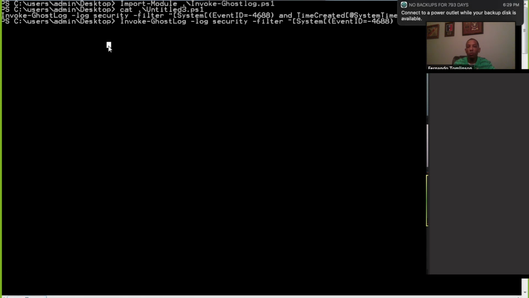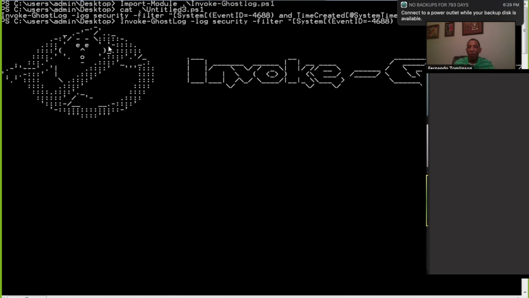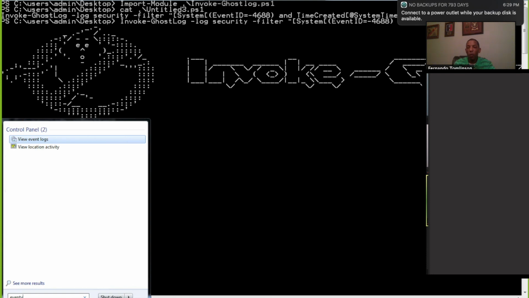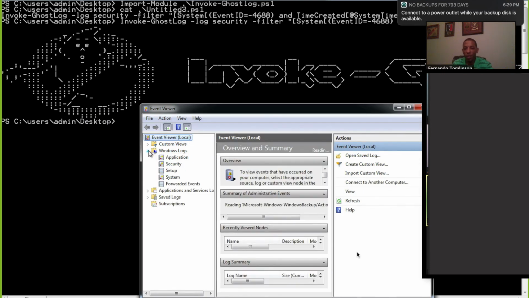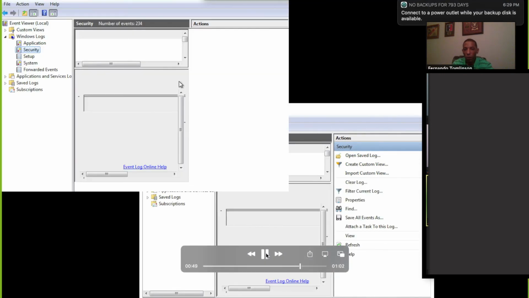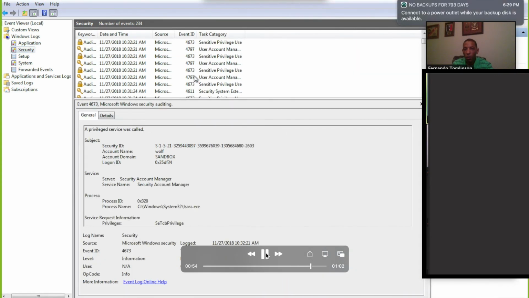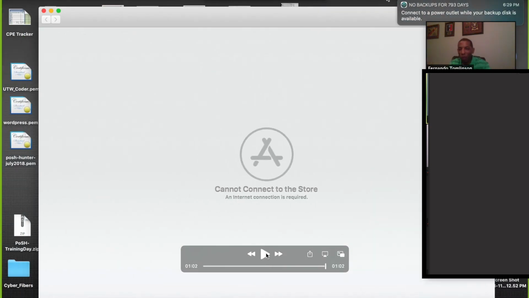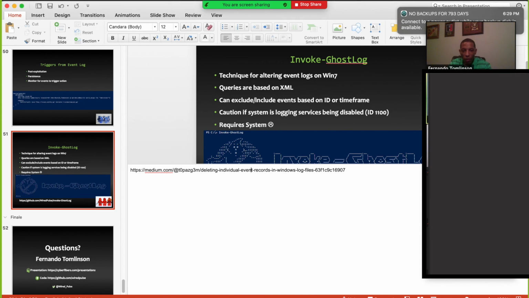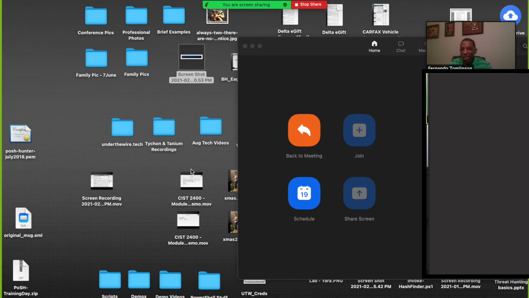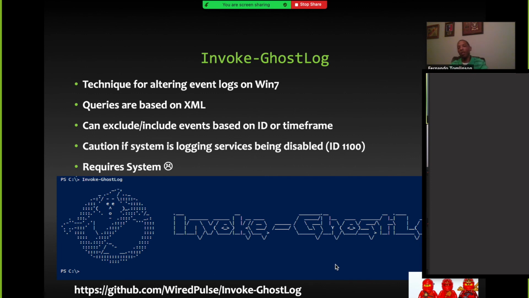It's going to do its thing. I might be talking ahead of it. Okay, cool. So now I'm going to go back in here and we'll notice that that particular event is no longer there. So we see that before our eyes, where I just cleaned up because I made too much of a mess on my way out. And that code, if interested, is on my GitHub and you can see it there.